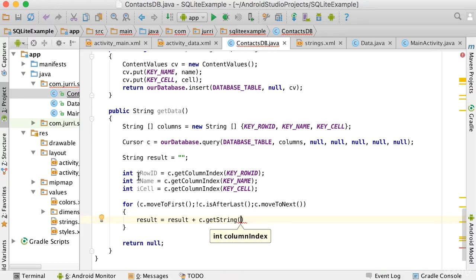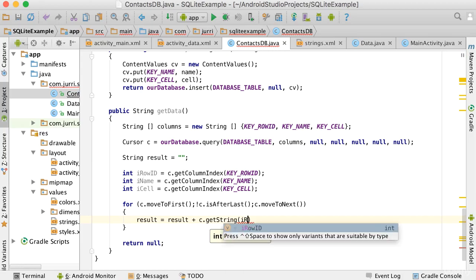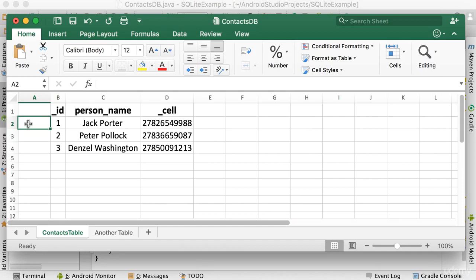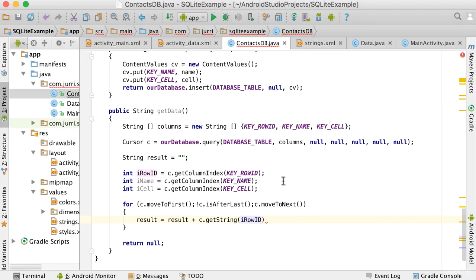So the column index that we want to return is called I row ID for the very first one. So I'm going to retrieve the string value inside of that row ID column. Remember, the cursor is at that specific row, but I'm retrieving using the get string method. I'm retrieving that specific column's value, which it will be the 1. Okay, that's the row ID, and then I'm going to add, let's just add a colon there,